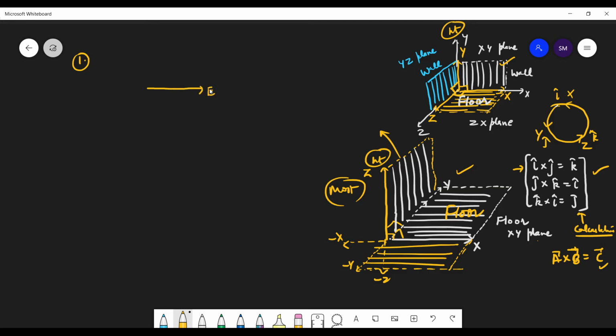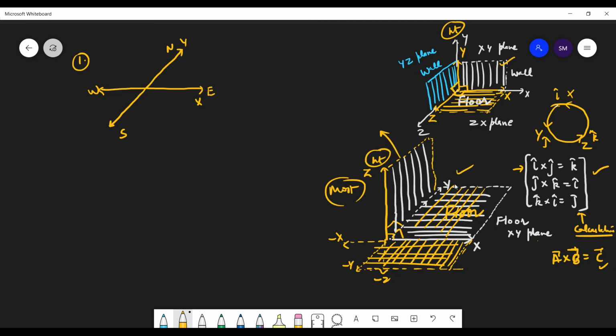So this is your east direction, which is your x-axis. This is your y direction, which is your north. That's your west, and north, and that's your south. Good enough. If you want to make this in a plane, make this plane like this. This is the plane that I have just drawn, this floor you are talking about. So that's the same thing.